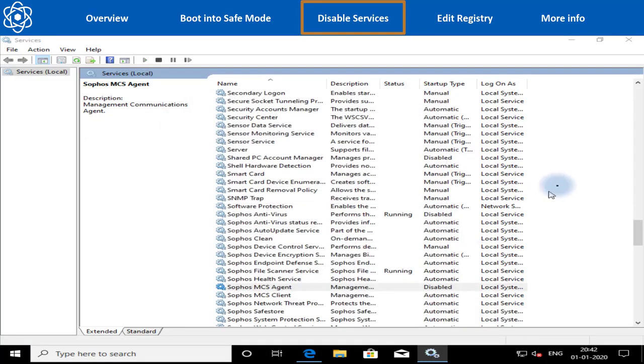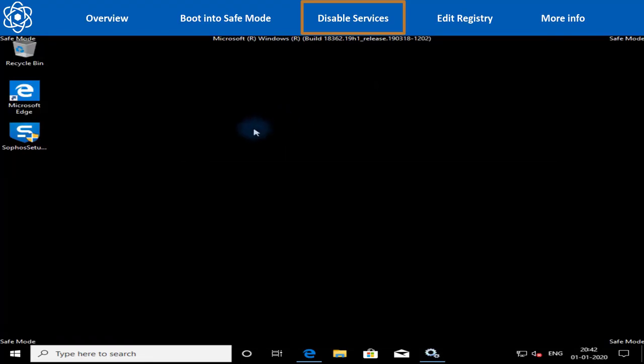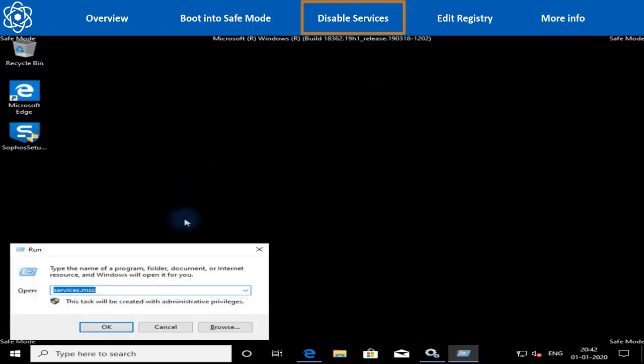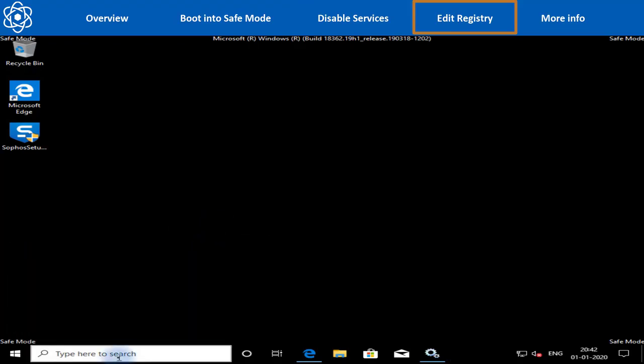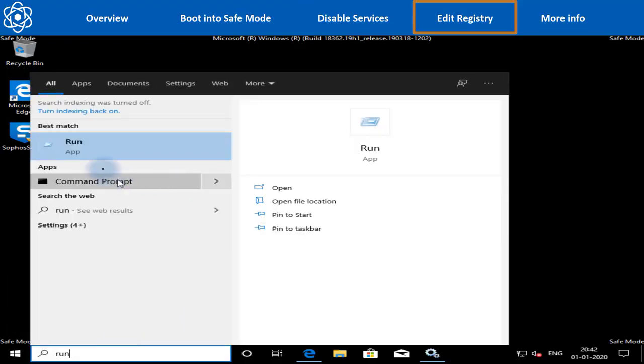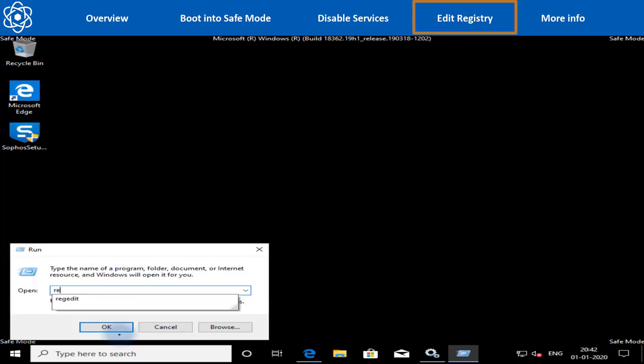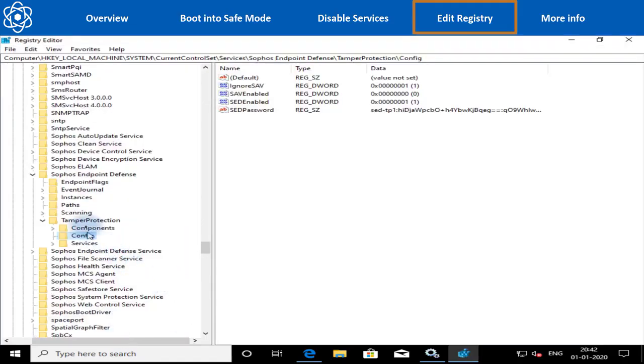Apply and OK. Once this is done, we will proceed with the next step, modifying the registry values. So you can open up the Run shell again from the search bar, type regedit, and